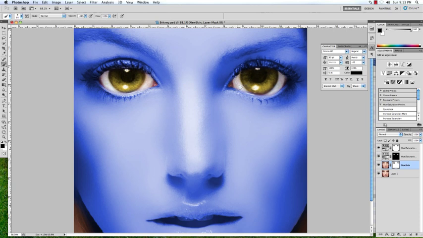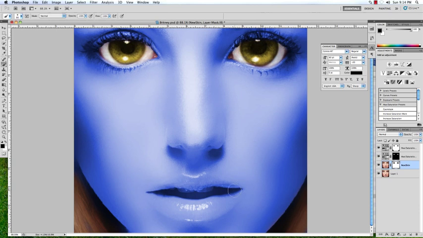Okay, I'm going to paint with black so that that softening layer that we put in, that surface blur that we added, isn't going to affect the places that we still want texture. Another one of those places would be the lips